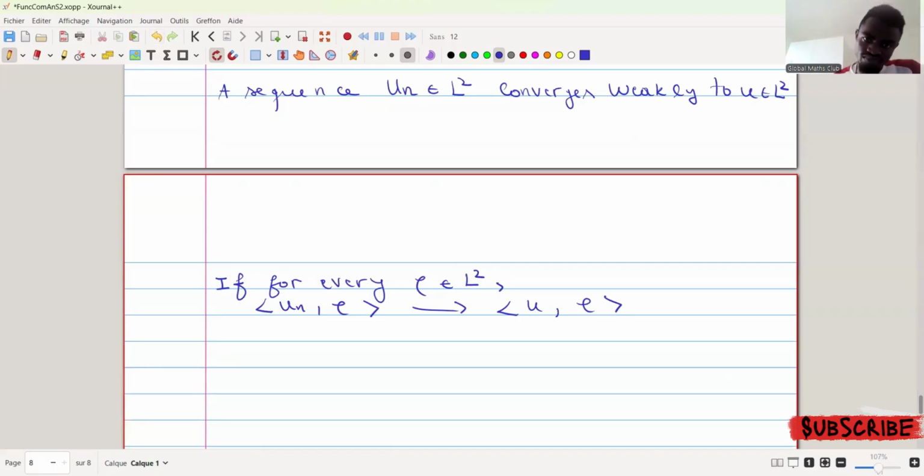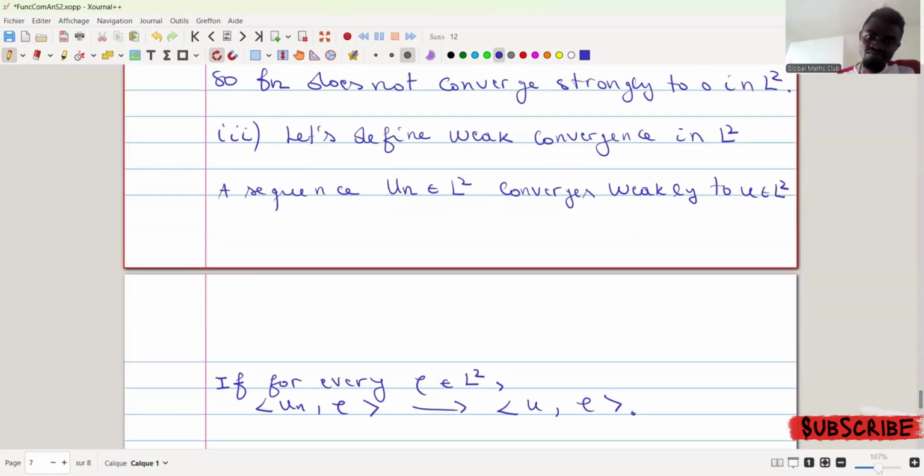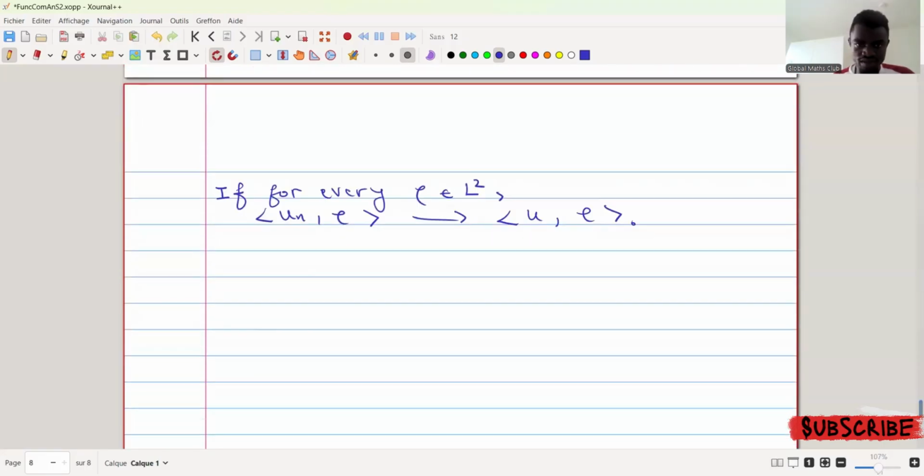So that is all. It's not something difficult. That is just the definition of weak convergence in L2. So you see how it was very easy to see. Now we want to check,